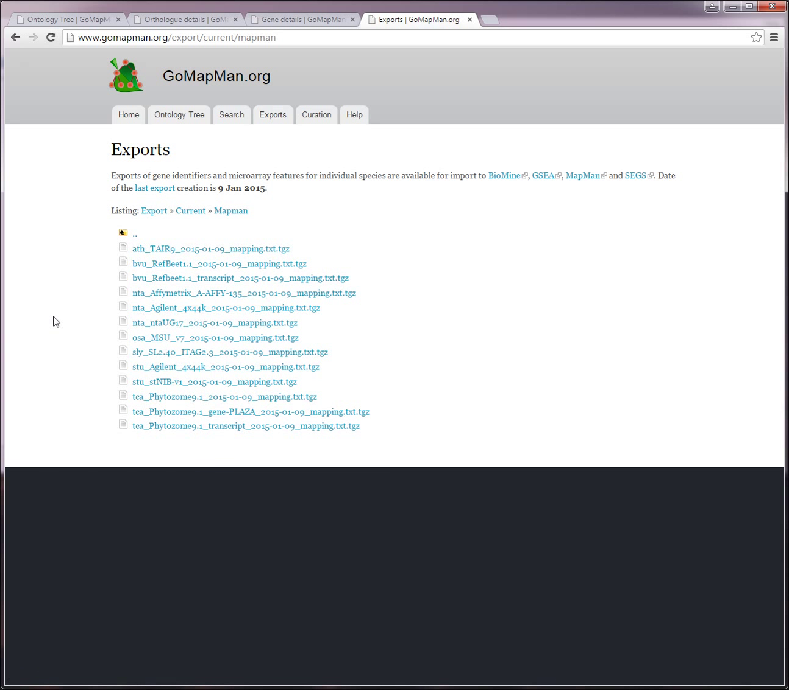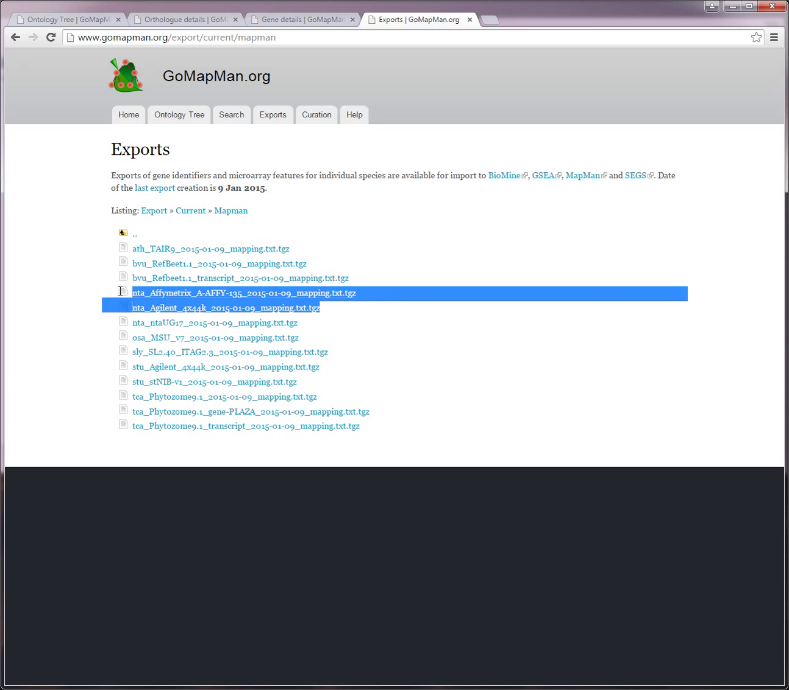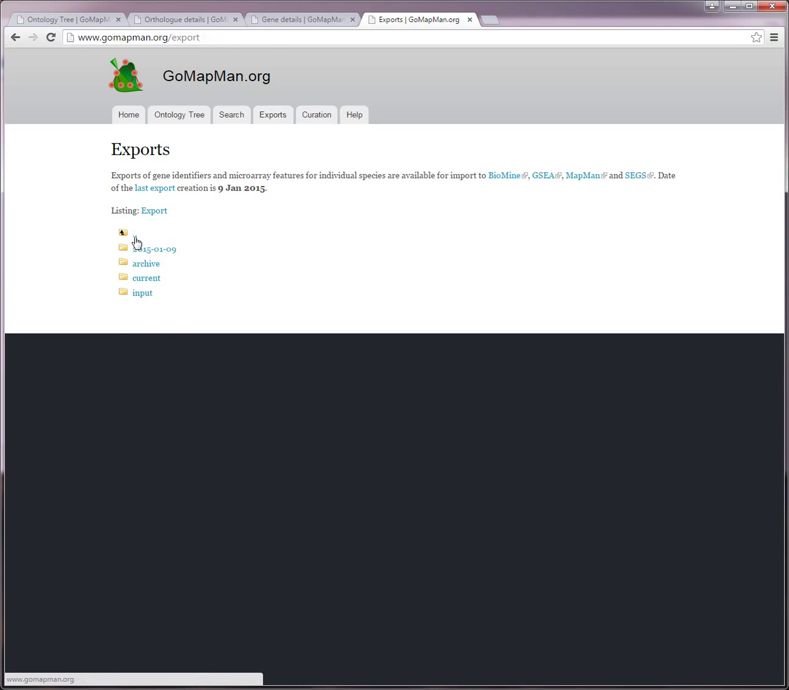Both gene set enrichment analysis and MapMan folders will contain mappings for all the plants and different types. Every plant always has a genome mapping, and some also have transcript mappings, such as the case of beet. Or alternatively, other plants will have microarray probe mappings, such as Affymetrix and Agilent for the tobacco plant. Moving in the export folder structure will eventually get you to the